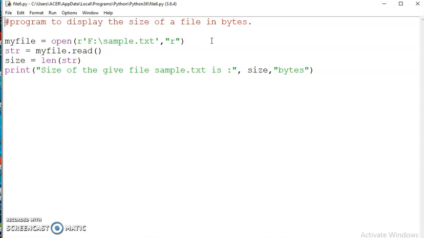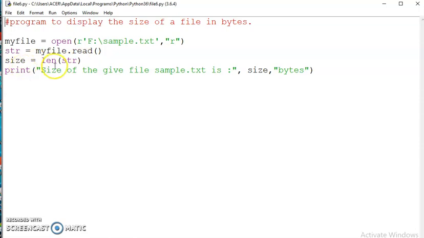First open your file by using read mode. Then str = myfile.read(). Remember one thing, if you give any number between these parentheses, that many bytes will be read from your file. Here we didn't give any number, that's why the entire file will be read in bytes.